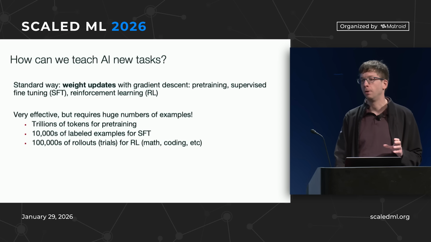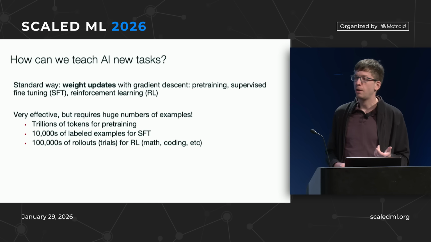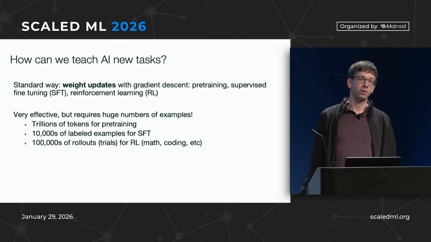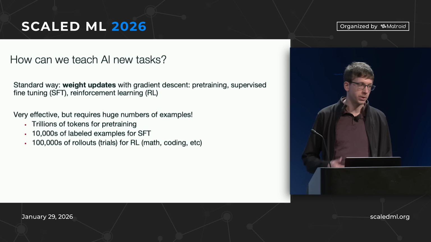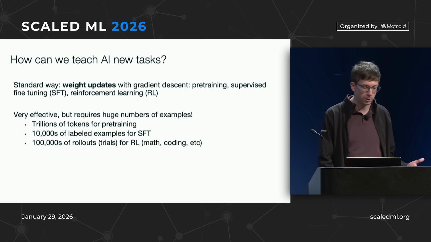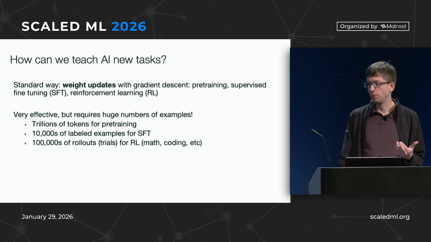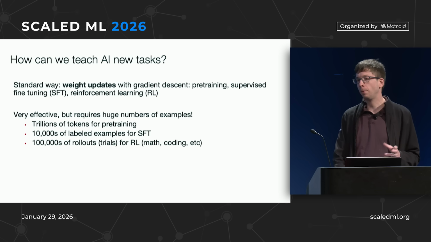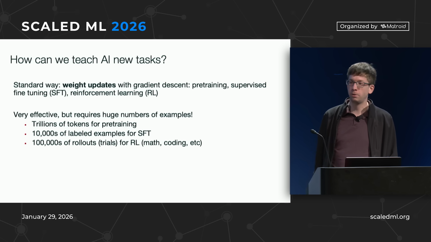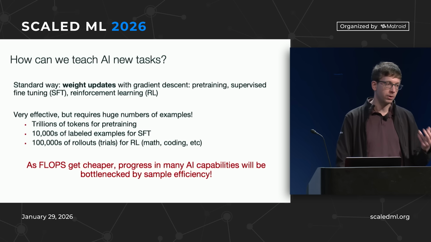But there is a problem. The whole idea here is I'm going to see a bunch of examples of what I want the model to do, and then take tiny little steps where I update my parameters a little bit. So that means I need to take a lot of steps. So I need a lot of examples. And that can be anywhere from trillions of tokens with the pre-training objective to thousands or even tens of thousands of examples for fine-tuning and reinforcement learning. So in problems where we can do these tests quickly and get feedback quickly, we've got an AI to do really well. But there are many problems where we haven't because these rollouts or these tests are expensive.